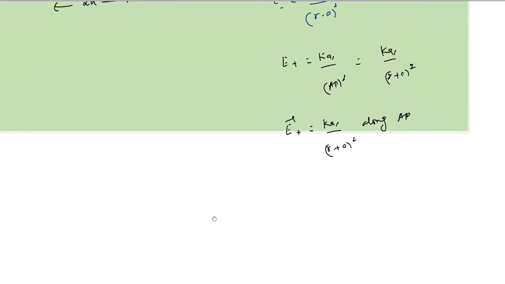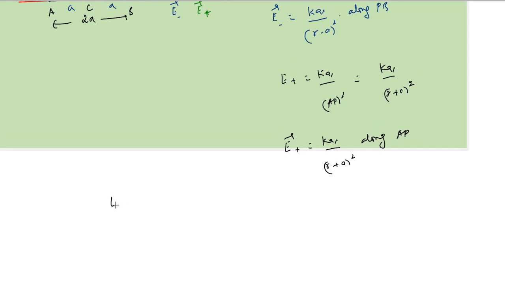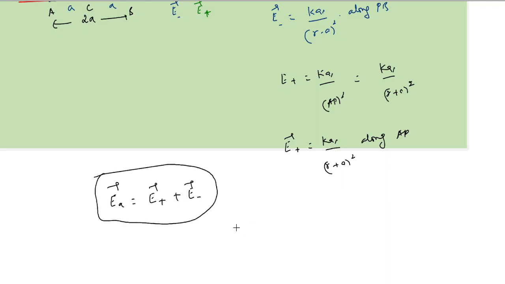Now the net electric field, you just call as EA, which means it is the field along the axial point. By principle of vector addition, it would be E plus E minus. Remember, this is in terms of vector addition only. Just remember this equation, whether vectors are like this or vectors are like this or vectors are in different directions or in the same direction, in all the cases, the vector equation is of the same form only. This means you're adding vectorially, keep in mind.